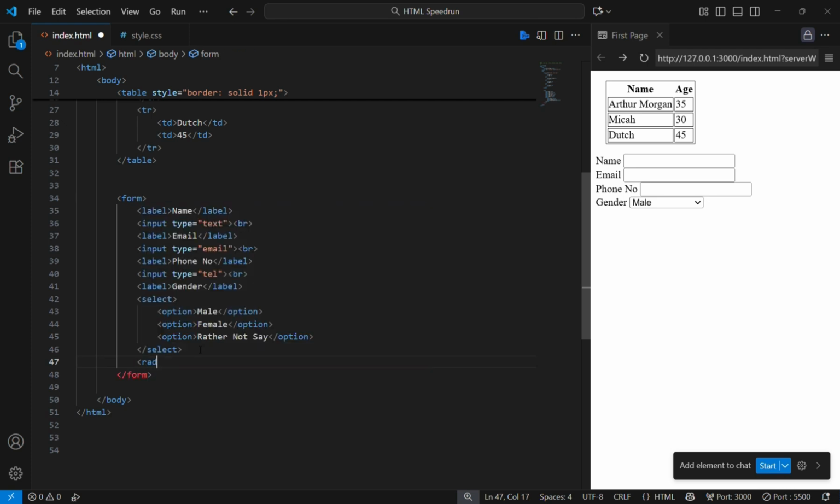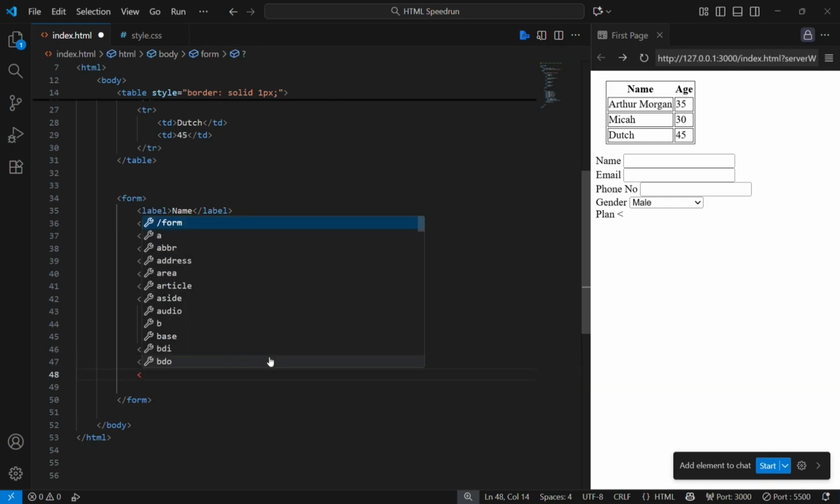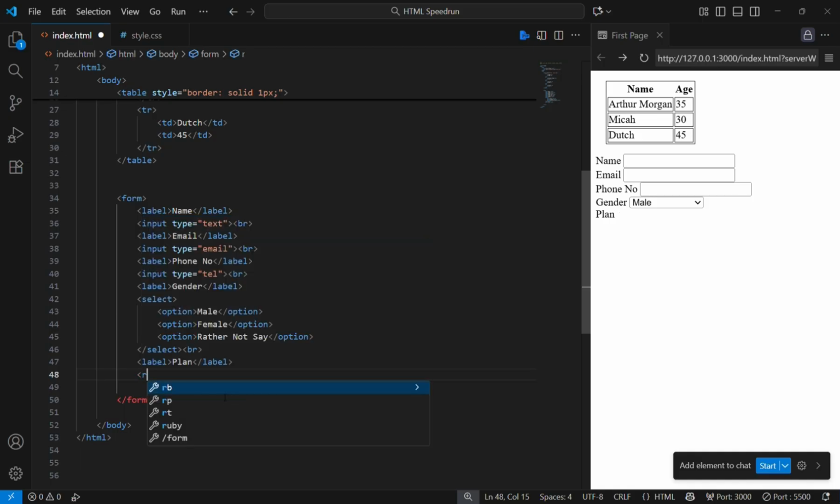a radio button like so. Label. Preferred plan. Or just plan. Also, don't forget to break the line for the next line to be on the next line. Yeah, that was annoying. So the label plan would have input